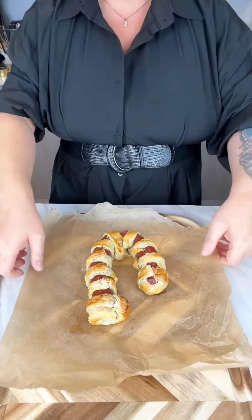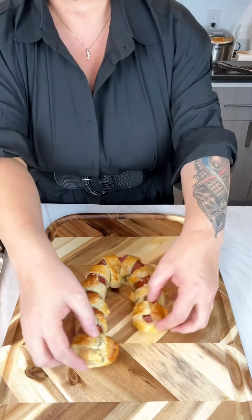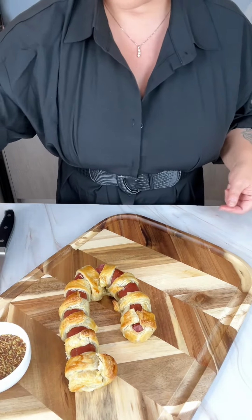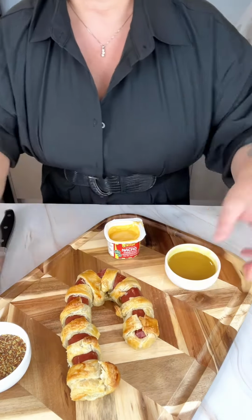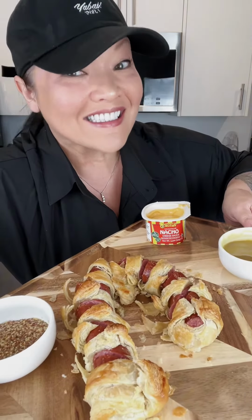So once the puff pastry kielbasa comes out of the oven, go ahead and put that on a tray, and you can go ahead and put all the sauces around it. And the guys are gonna love this. It's like so perfect. Like it's Christmas, but it's also for a football watch party. So go ahead and put that together and slice it up into bite-sized pieces and take it and hope you make